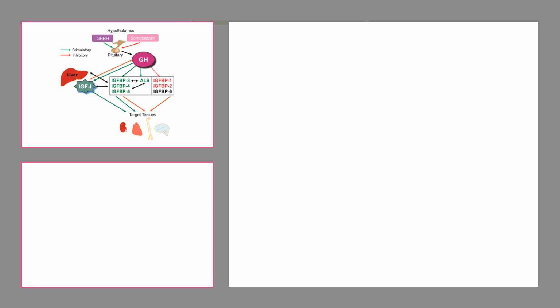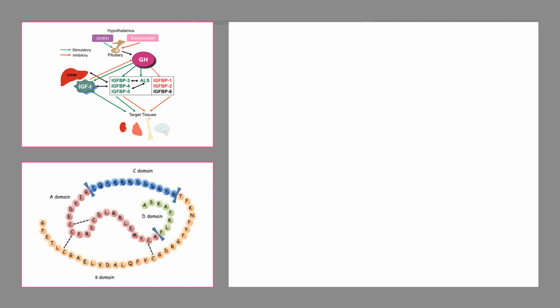and somatomedins. Now the principal circulating somatomedins in human body are two types. One is the insulin-like growth factor 1 and the other is insulin-like growth factor 2. These factors, as the name implies, have a structural similarity with insulin. We can see that it has got the A chain and B chain like insulin, but the difference is that they have the C chain. In case of insulin, they don't have the C chain, but here they retain the C chain.